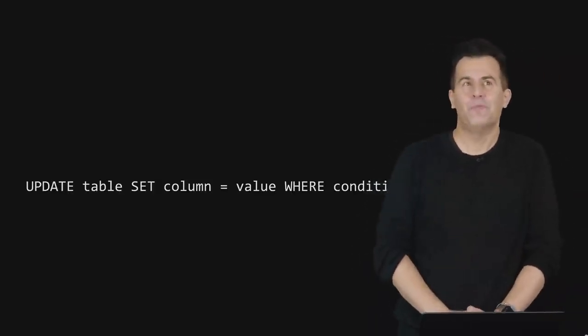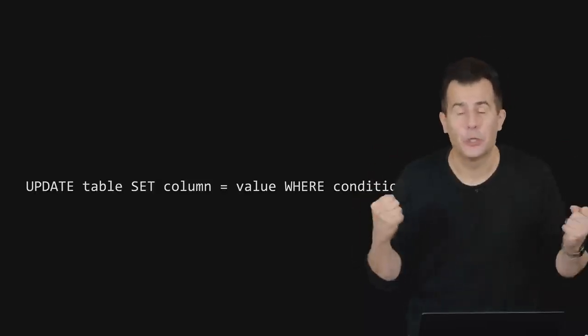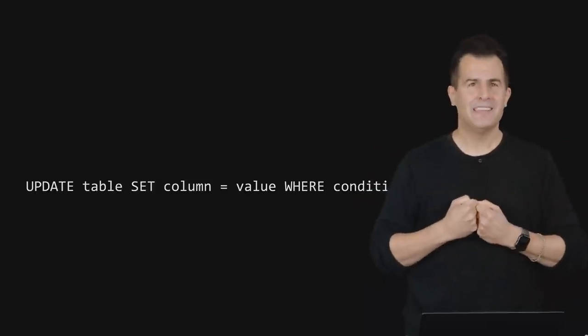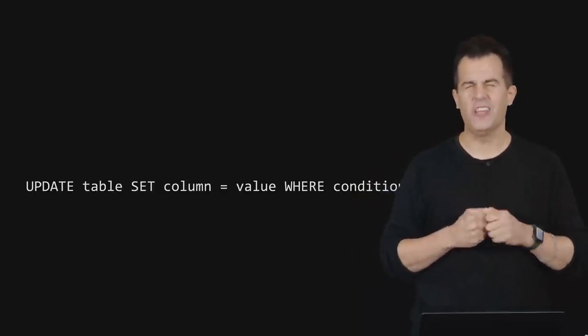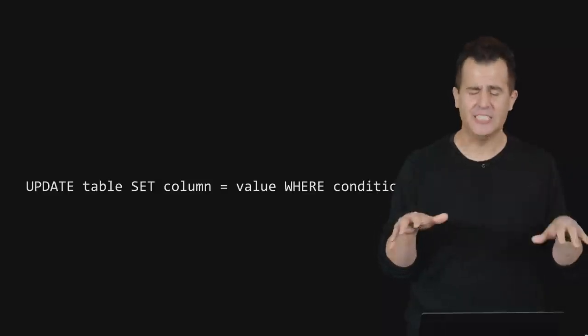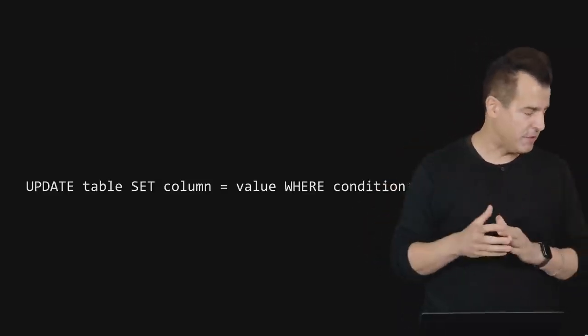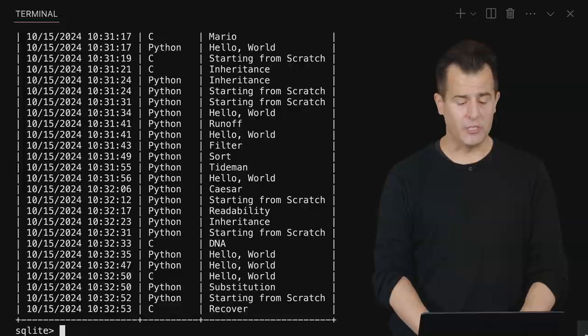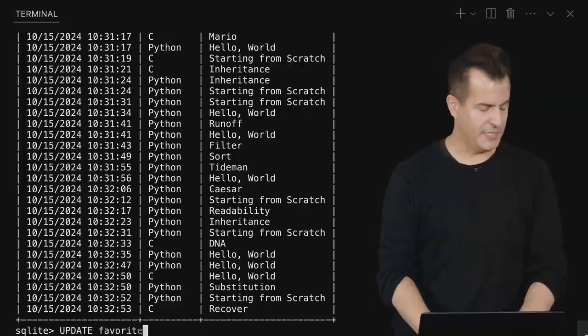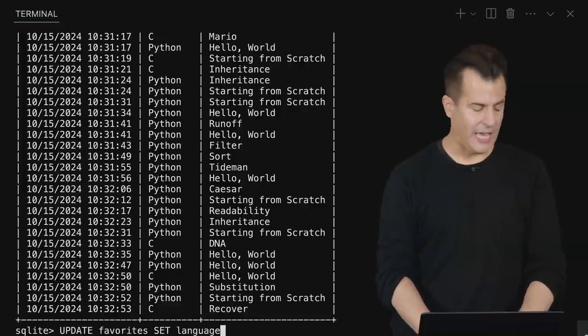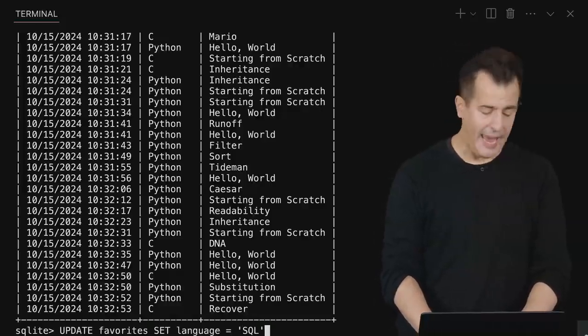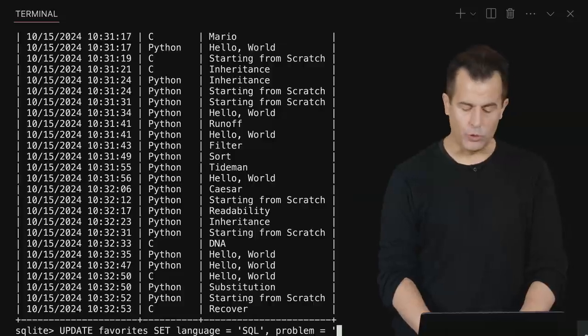Suppose that I'm really getting excited about SQL. I really hear good things about this 50vil problem. Let's change this data and decree that everyone's favorite language as of today, or this coming week, is going to be SQL, and their favorite problem is going to be 50vil. So I can do this, albeit destructively. Update favorites, set everyone's language equal to SQL, and everyone's problem equal to, quote unquote,